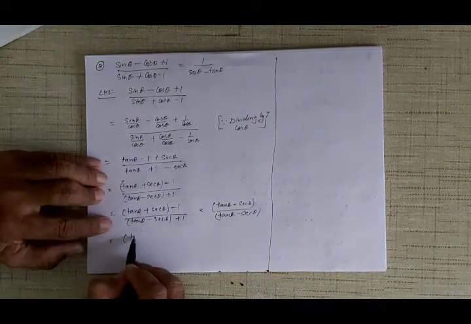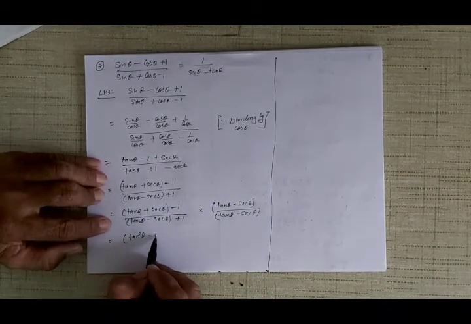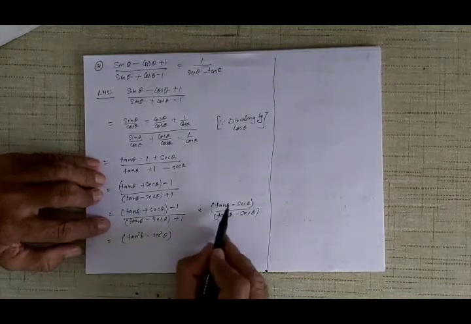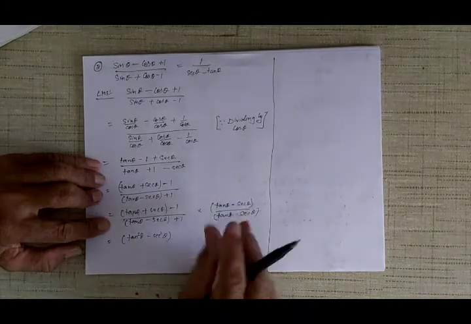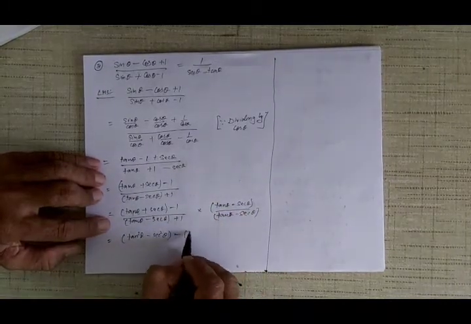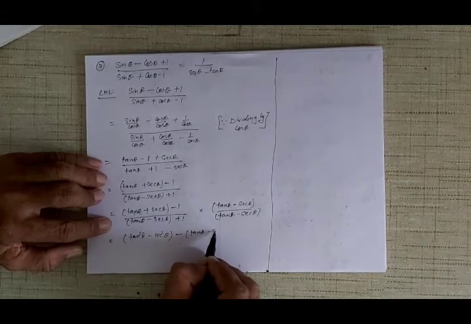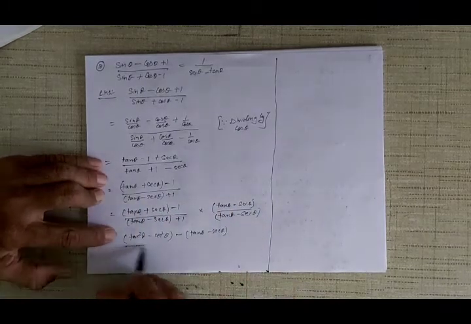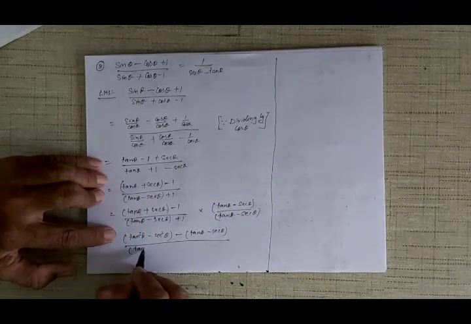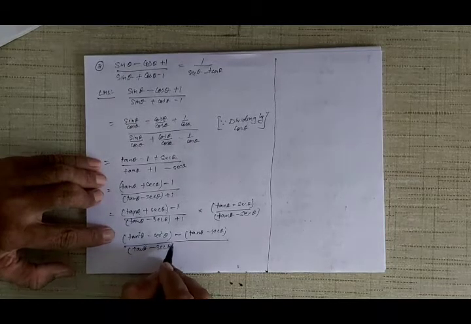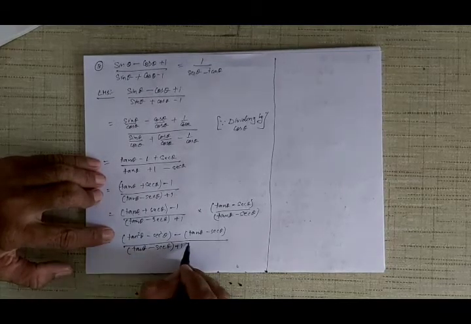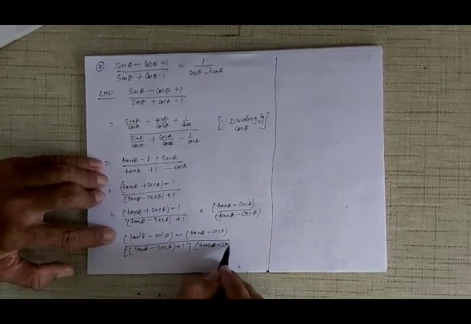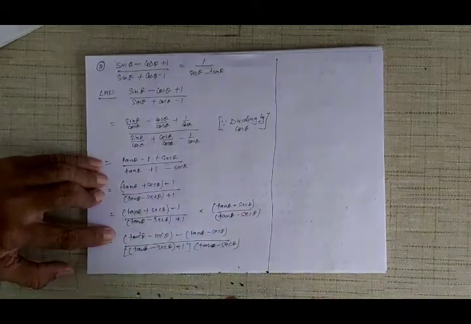So you will get tan square theta, a square minus b square. This is a plus b, this is a minus b, so a square minus b square. Now multiply this with 1, so you get tan theta minus sec theta. I have multiplied with this and I have multiplied with 1. In the same way, down in the denominator you keep it as it is, don't change it at all. Okay, and in the other bracket tan theta minus sec theta. In the denominator I have not changed at all.